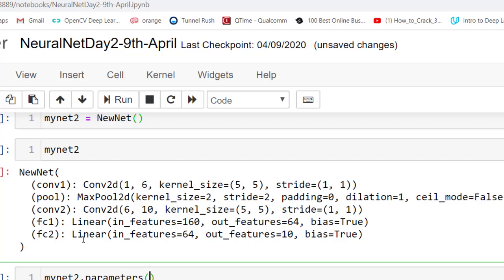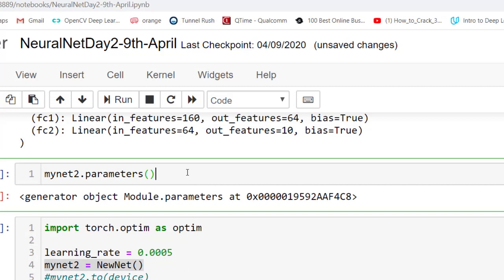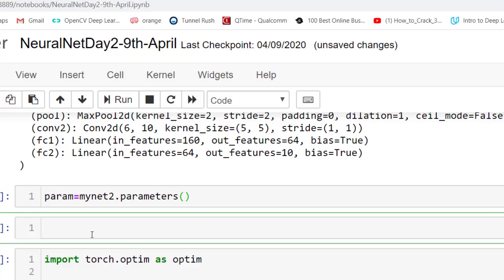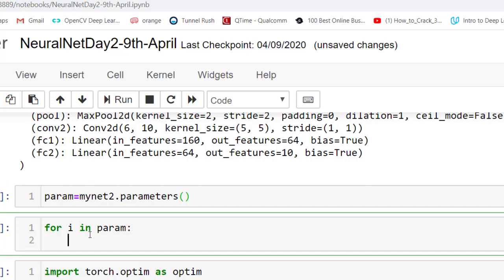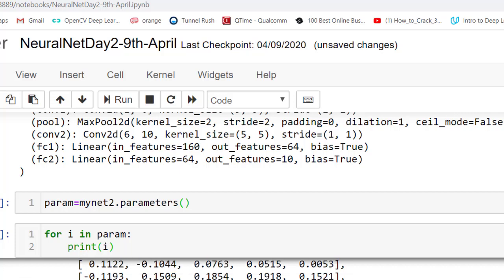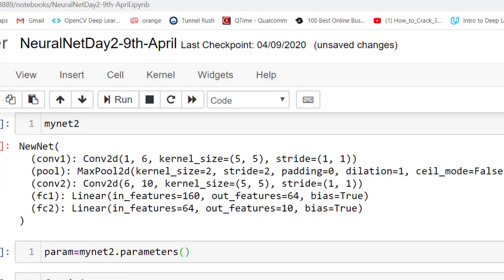Each of these layers will have parameters, and you can see those parameters like this. If I put param equals this, and then say for i in param, print i, is it going to work? Yes, it's printing all the params. These are all the parameters that are there.